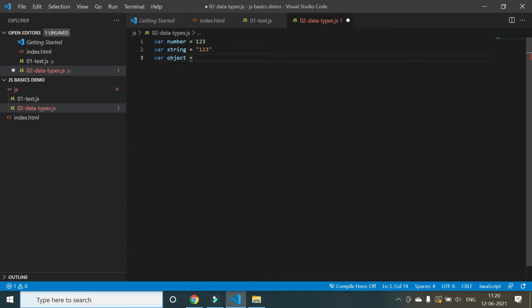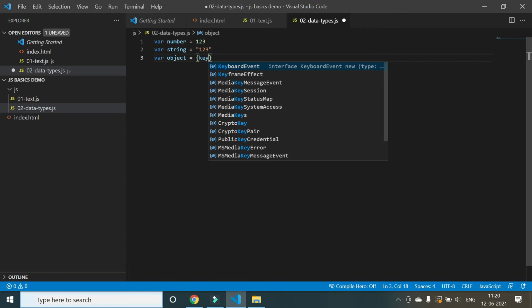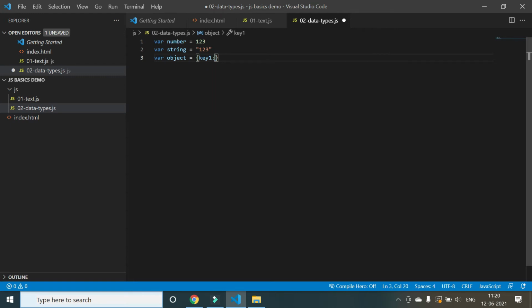You can also declare an object. Object is nothing but a JSON object, wherein we have key value pairs. If you are not aware of what that is, you can have a key like this, key 1, and a value, and then key 2 and value 2.